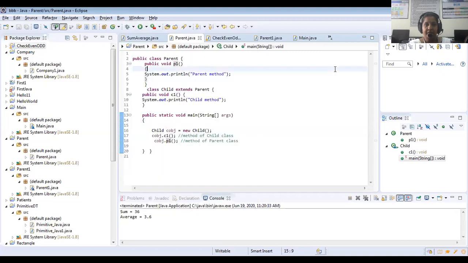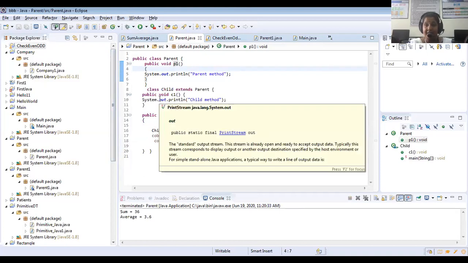I'll configure this. When you are running, the previous output, your previous class and main method, is stored, so we have to configure and run again. That time we should give the class name properly.